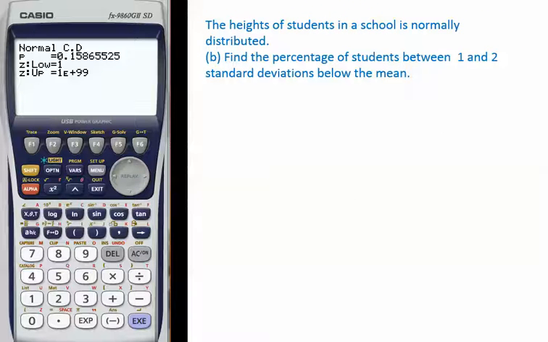Second part of the question, find the percentage of students between 1 and 2 standard deviations below the mean. Again, we're dealing with this as a standard normal distribution, so the mean is 0, standard deviation is 1. We draw a picture. Here's 1 standard deviation below the mean, 2 standard deviations below the mean. So the area shaded is between 1 and 2 standard deviations below the mean. So we're after the probability of a z-score